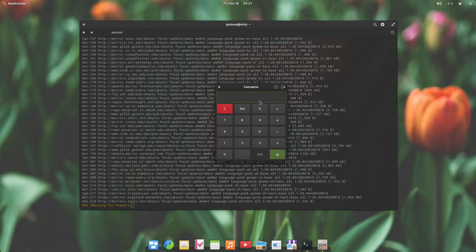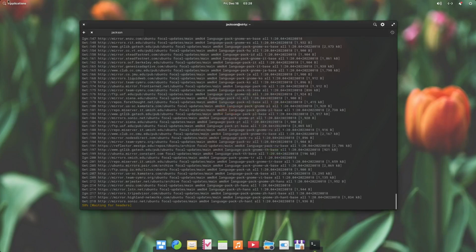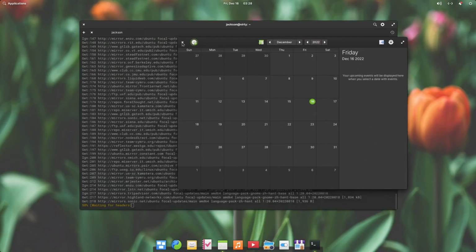And then, let's see, we've got a very simple calculator. It can do the basics, so like 1 plus 2 times 3. This is going to do 2 times 3 first, so 7. But we can also do 1 plus 2, times 3, and this will reassign the order. So that's cool. Then we've actually got a calendar application.